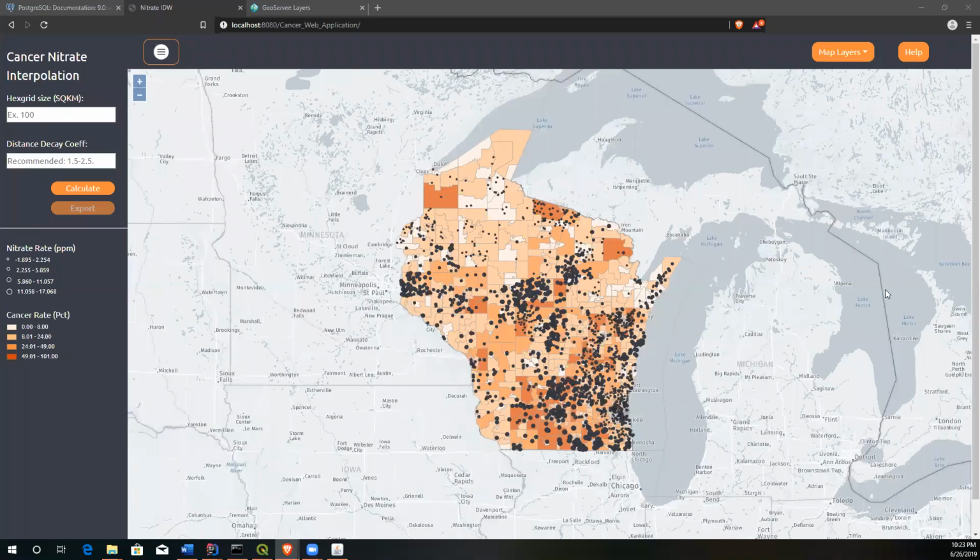For project 1, the assignment was to create an application to help a user investigate the potential relationship between well nitrate concentration measurements and cancer rates throughout the state of Wisconsin. The requirements were for a user to be able to pass a distance decay coefficient that would be used with the inverse distance weighted interpolation algorithm to create the continuous surfaces needed for well nitrate parts per million and cancer